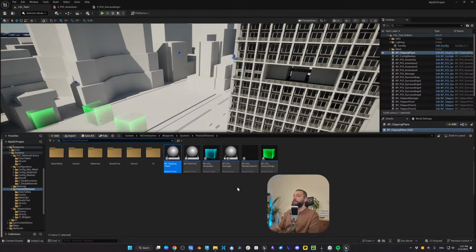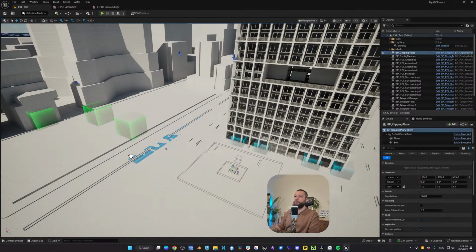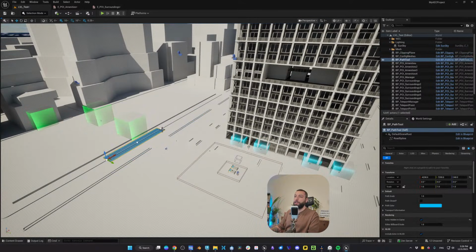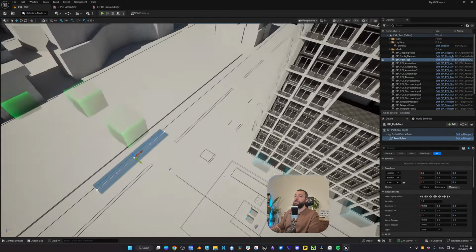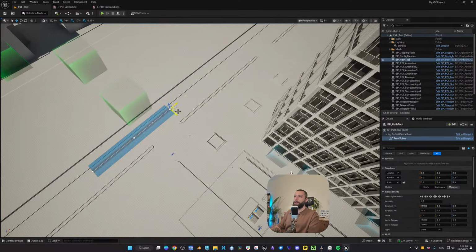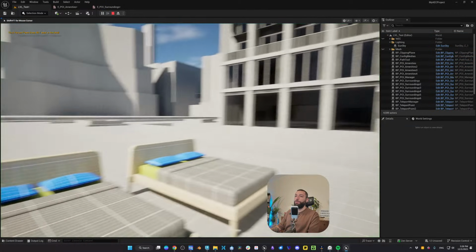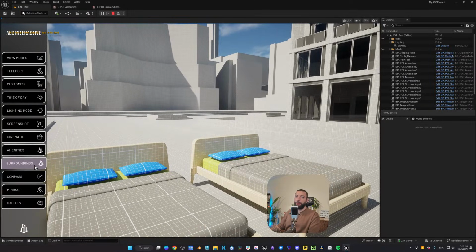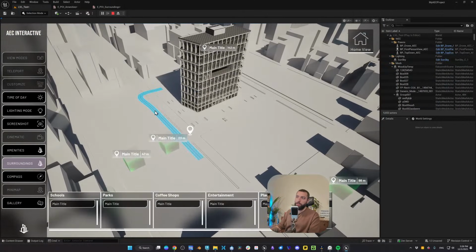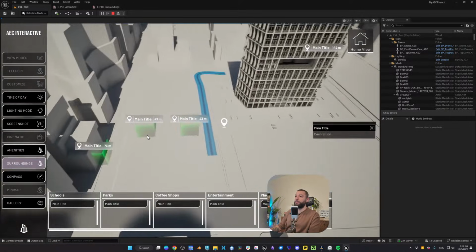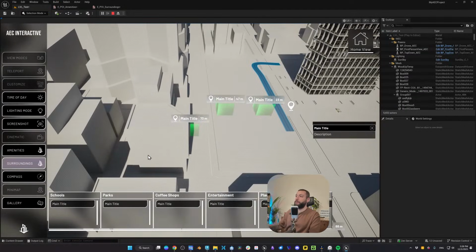The other actor we see for the surroundings is the path tool, or the road. So when you click and drag, you can also create roads in your project. So let me click on this and create a road like so. Click on play. By default, you will not see that road. When you click on surroundings, then you will see that road. And I don't know if you've seen that in the devlog or not. If you've seen it, that's very cool.